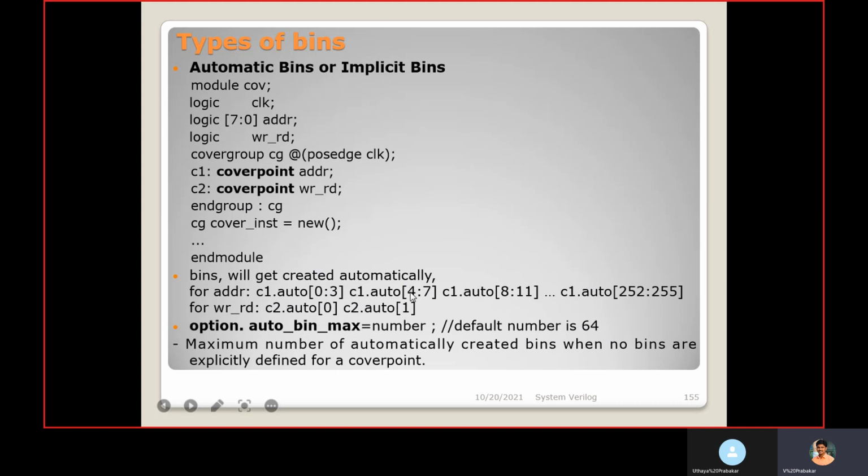Like when the address receives values 4, 5, 6, 7, those values we are receiving for address, the auto bin of this range will get a hit.